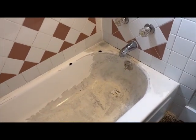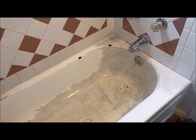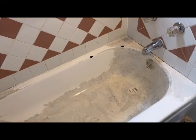And once it's fully stripped, we'll go ahead and get to the prepping and repair all these chips here. There's a lot of them. And then we'll prime it and refinish it. This will be a full day job considering the strip and the repairs, the chipping repairs, and we'll follow up